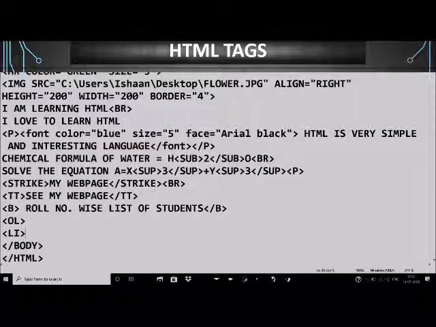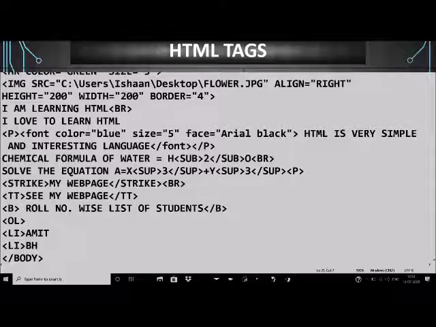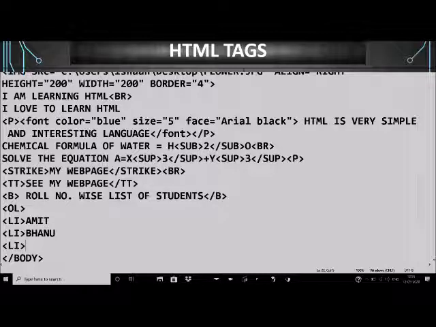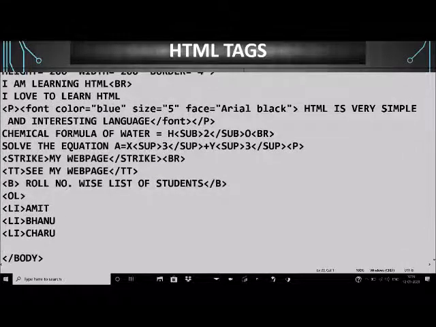Suppose the first student in my class is Amit, second is say Bhanu, third is say Charu, roll number 4 is say Dev.